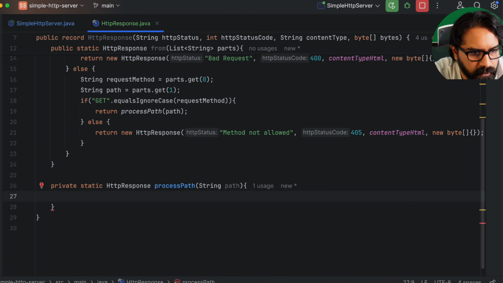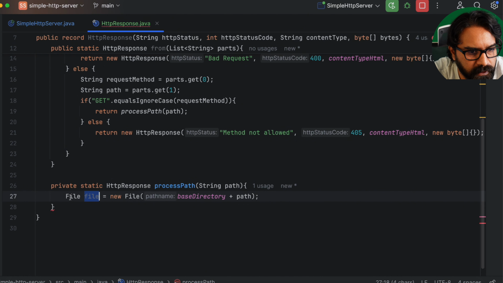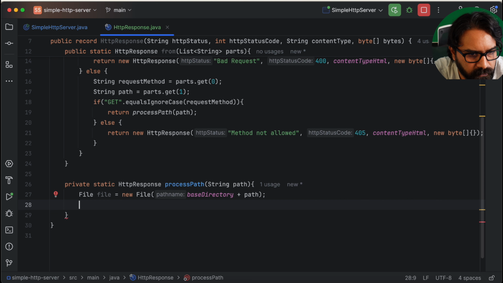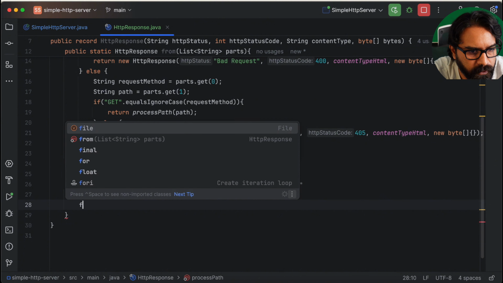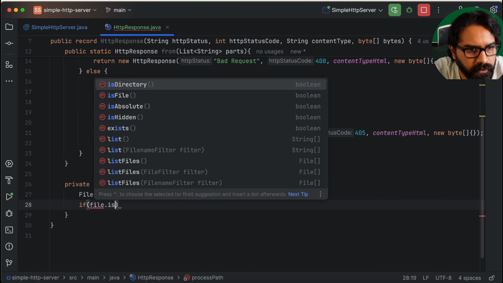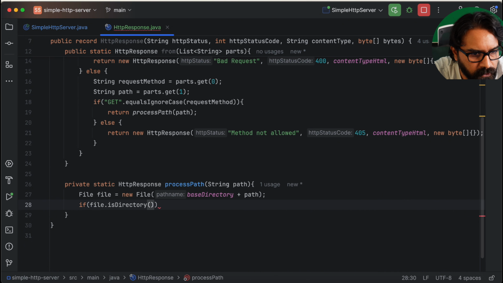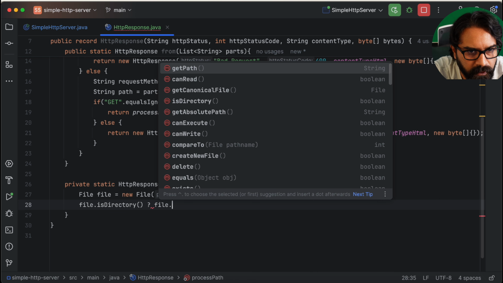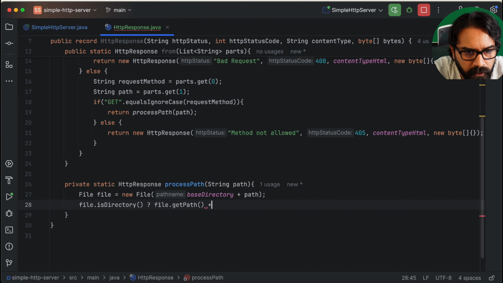Now let's create a new file. File is equal to, and pass this base directory and path. This is a File class that's available in Java. We can now use this File class to make some basic checks. So if file.isDirectory, we can say something like this: if this is a directory, then file.getPath and append this slash